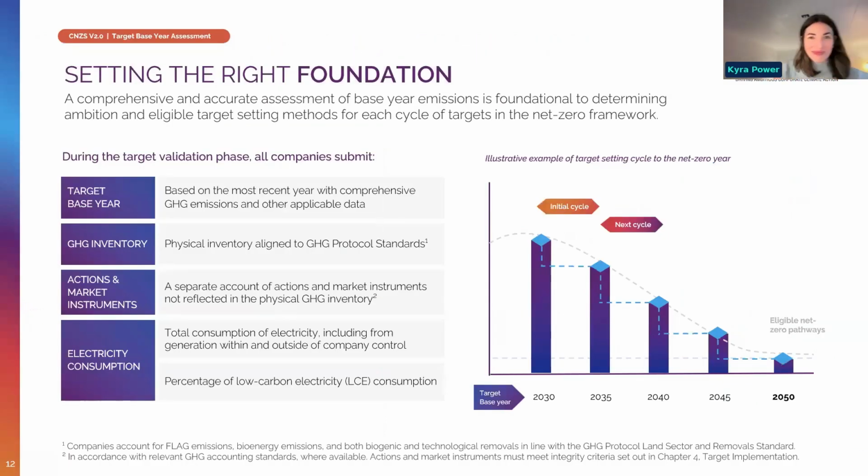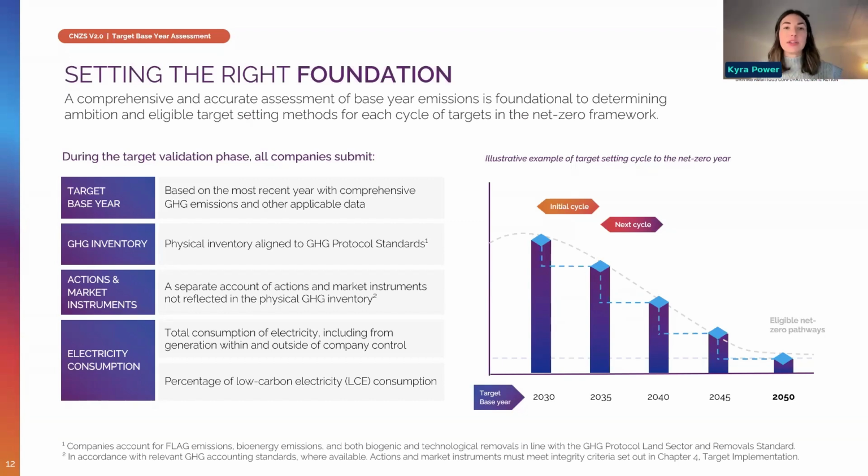All right, so let's get into setting and implementing targets with version 2. Assuming that a company has secured the internal buy-in to set science-based targets, which is an element of chapter 1, we're not covering that in detail today. But the first step in setting a target under version 2 would be to define organizational and operational boundaries, ensuring that all subsequent calculations and targets accurately reflect the company's structure and activities.